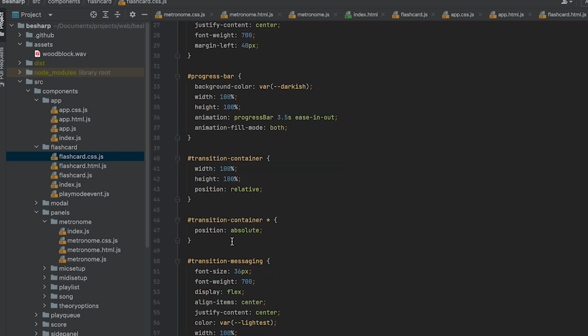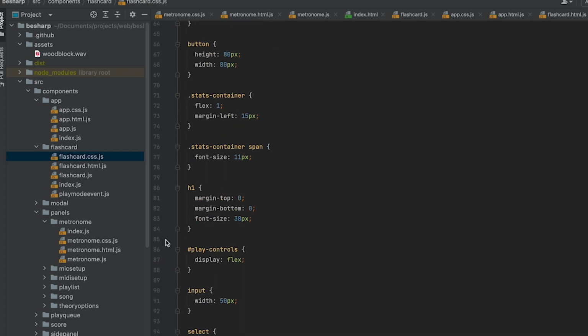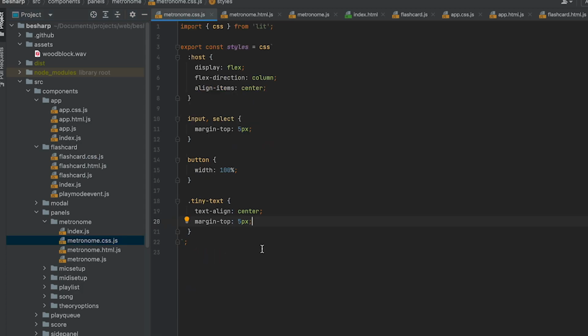There's no real need to use BEM or any sort of nesting or anything like that when you only have 6 rules. And you'll find that a lot of other components in the application are like this. This one's a little bit longer in this flashcard one, but there's a lot of different things going on, including animation. But yeah, this one only has 4 rules. So I think she made a good point, and I really do like to keep a lot of extra front-end